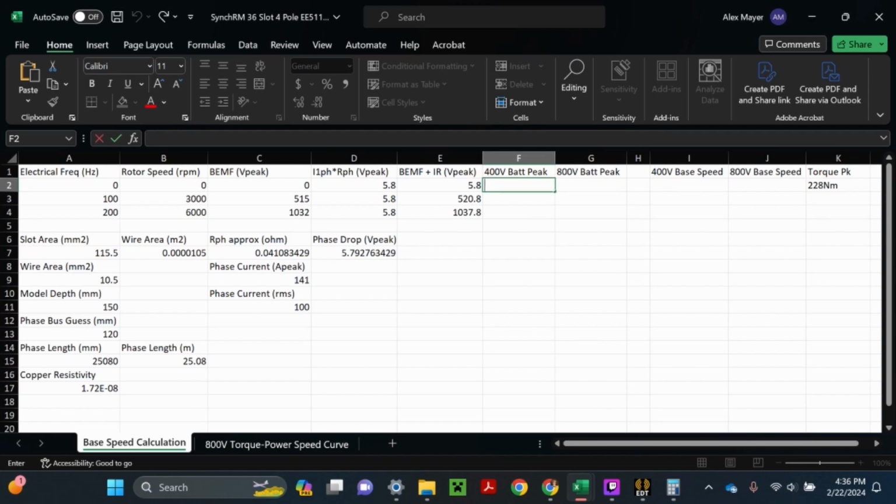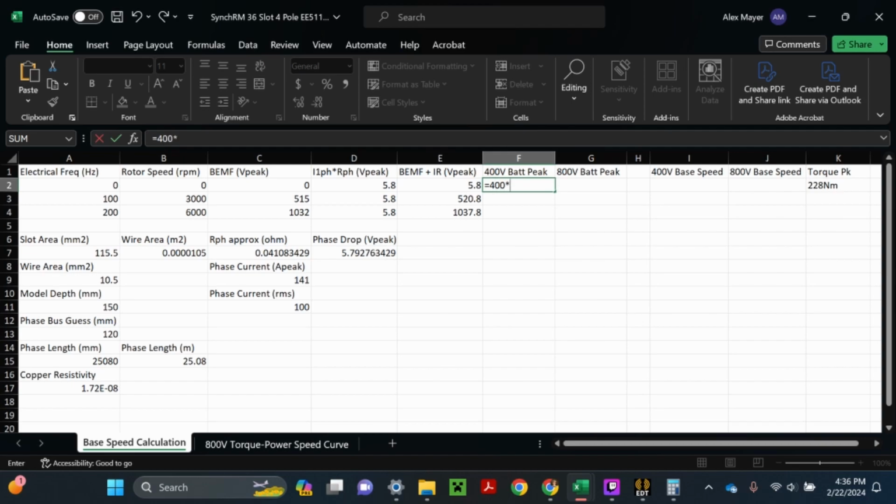I mean, 100 amps RMS is really high, but it's not super high in terms of electric vehicle motors, I guess, is the relativity I'm speaking about. But anyways, so for the max supply of a 400 volt battery, that's going to be equal to 400